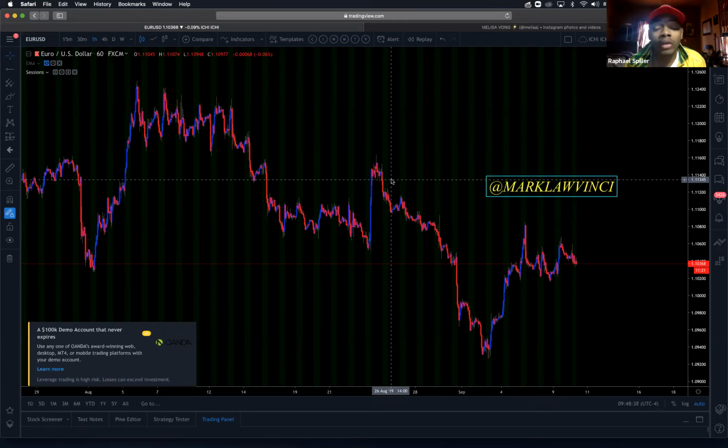So that means I know that I can for sure catch 30. You don't want to catch the whole 40, 50. You don't want to aim for that. You want to catch what you can for sure make. I can for sure make 30, 40 pips off EUR/USD on a London session. So this is how you study your pair.